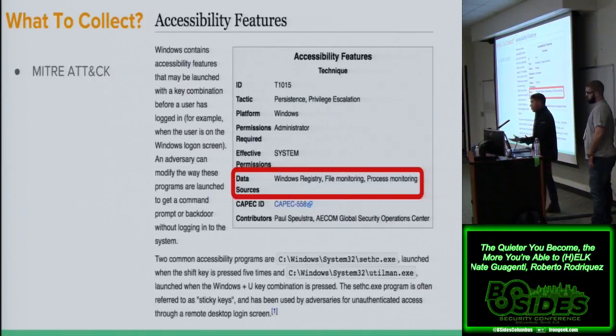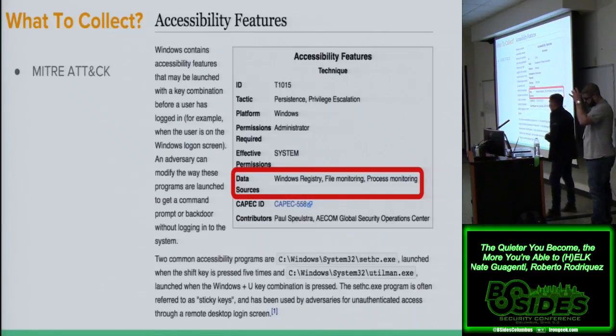For example, in a red team report, they say you might need to have accessibility features turned on or some type of logging to gather that data. Blue team could say, you know what, after our research, we believe that we cannot even catch that. So you have different teams talking about the same framework, and one good thing to do is to look into the data sources part of every technique of MITRE.